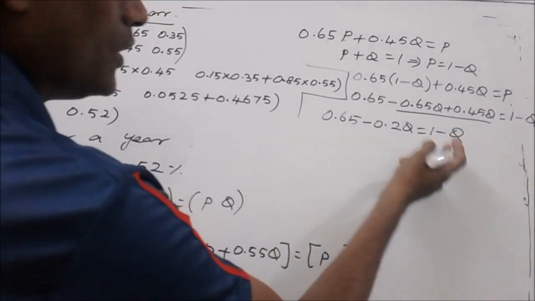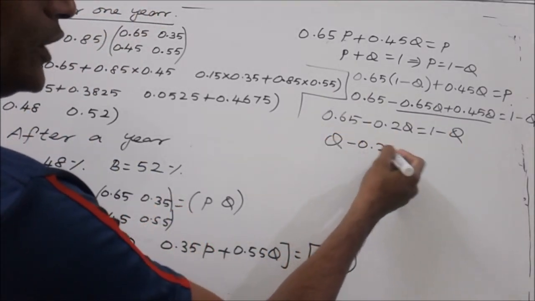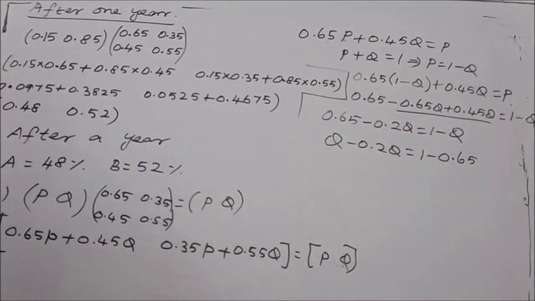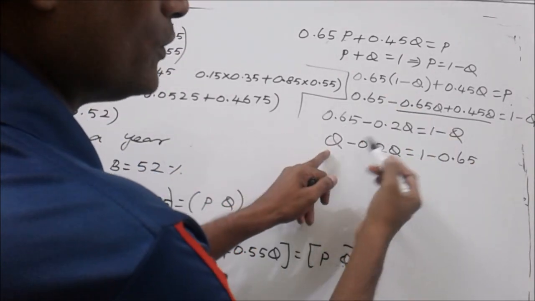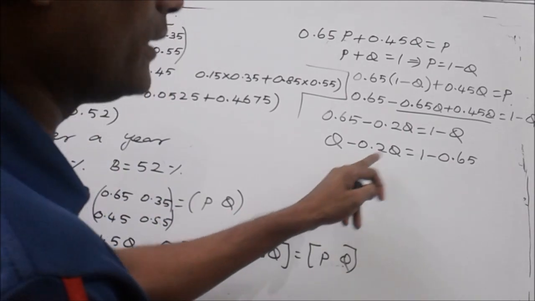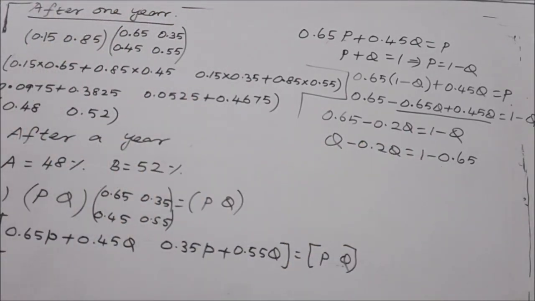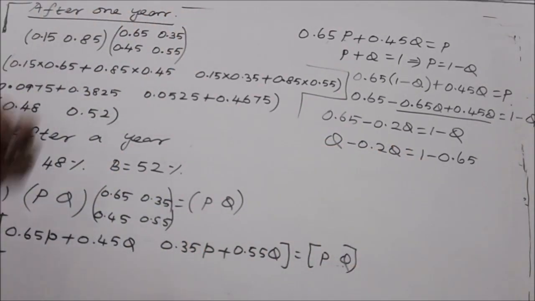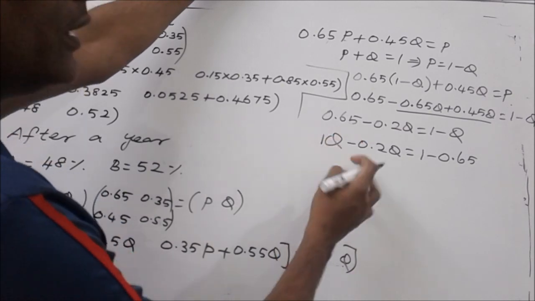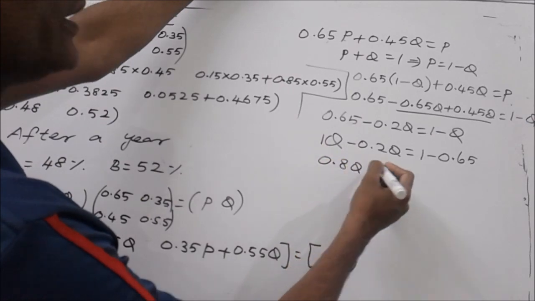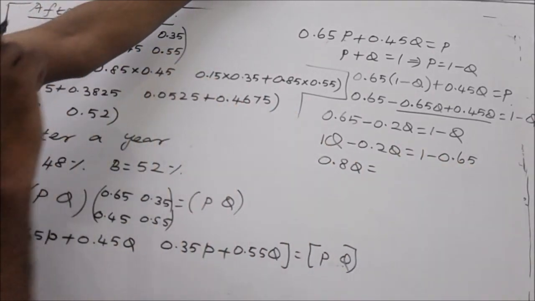which implies Q minus 0.2Q equal to 1 minus 0.65. Now segregating Q on one side and the constant on the other side, we have minus Q on the left side plus Q, and we have 0.2Q here, the 0.65 on the right side minus 0.65. So segregating the Q terms and the constant terms, we'll have Q minus 0.2Q equal to 1 minus 0.65. Now simplifying, this is 1Q, this is 0.2Q, that means 0.8Q equal to 1 minus 0.65, that is equal to